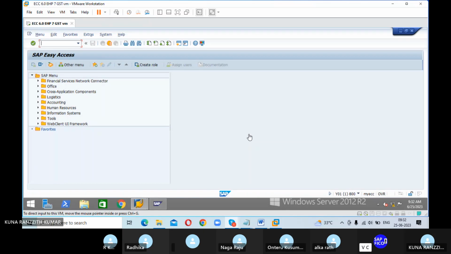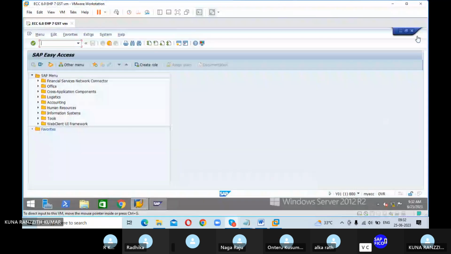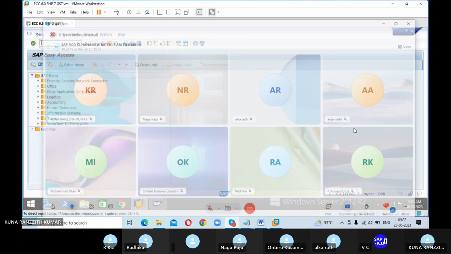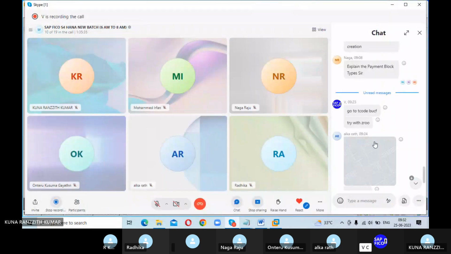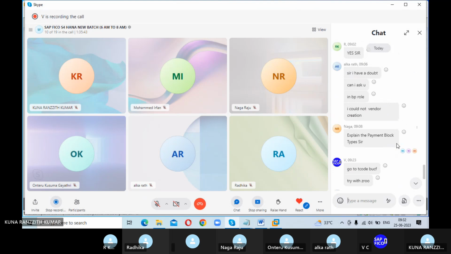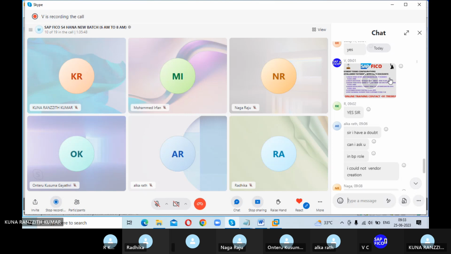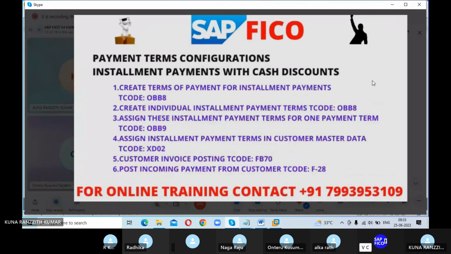Okay, go to that screen, video screen. Open the installment payment terms for vendor screen. Go to the Skype and open the installment payment for vendor screen. Go to the Skype, Ranjit. Open the